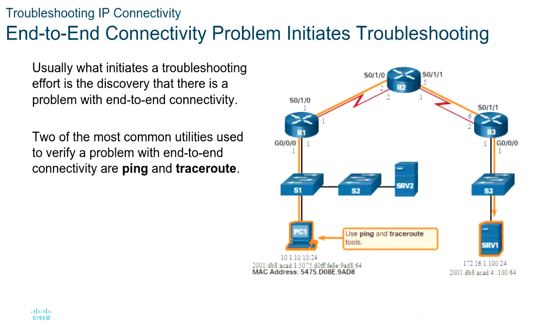Okay, end-to-end connectivity problem, initiating troubleshooting. So we discovered there's a problem. We try to ping from PC 1 to server 1, and ping doesn't work. So the next step is let's use traceroute